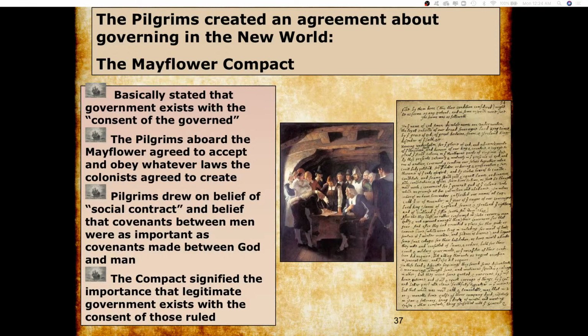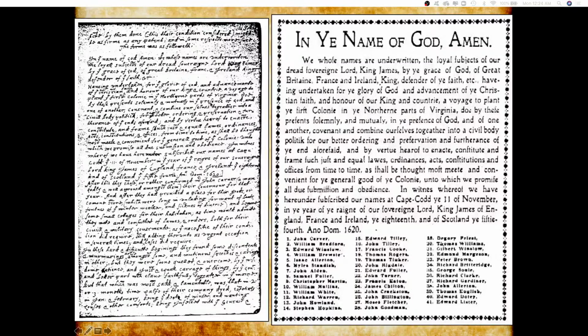So, in case you guys are wondering what the original Mayflower Compact looks like, there it is. You can see it in print right here, along with the printed names of the men on board the Mayflower who signed this in 1620. Feel free to read it. I'm not going to read it right now. No thanks. Old English like that? It's kind of weird. Just saying.